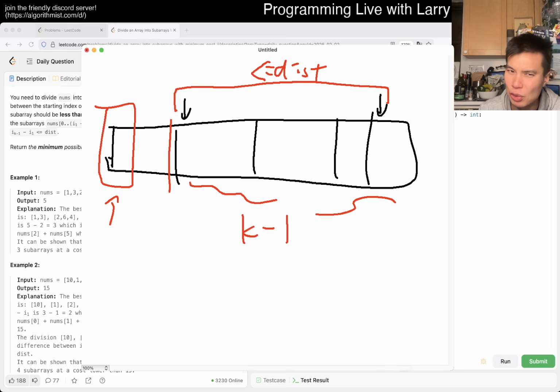You also cannot choose to, well, I mean, you can, but let's just say we're brute forcing the beginning, right? If we're brute forcing the left side of this, we can then consider it as